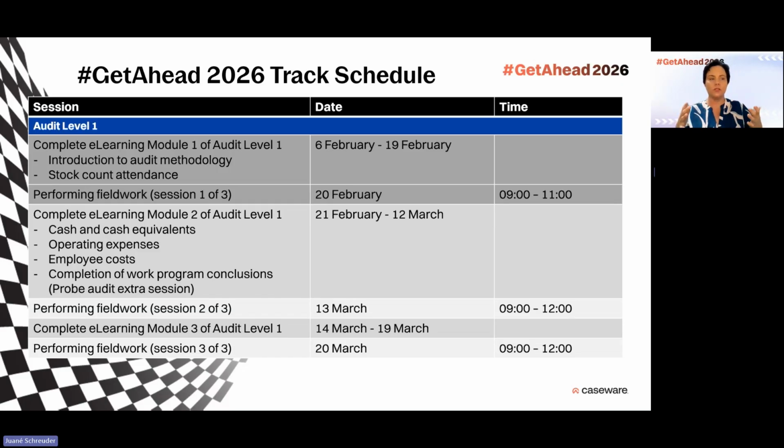If you have never completed the fieldwork before, sometimes it really is quite difficult when you get to that first audit to say, okay, now I've got to start with something. What do I start? And the work program says I must do X, Y, Z. Select a sample or pick all the material items and do this and compare that. And where do you start? So those 3 modules take you through these 3 sections: cash and cash equivalents, specifically the bank accounts, operating expenses, and then employee costs.